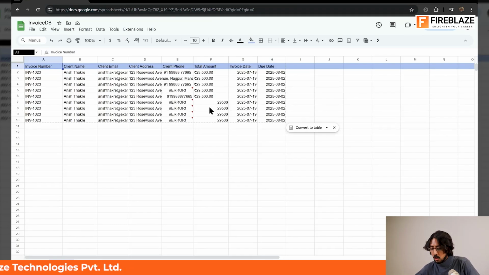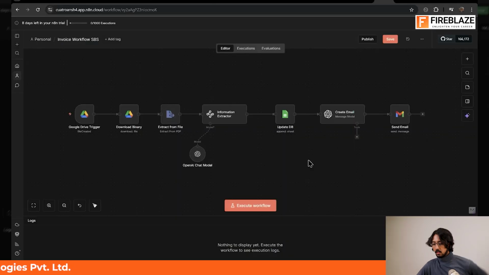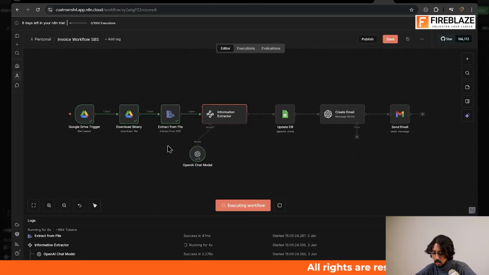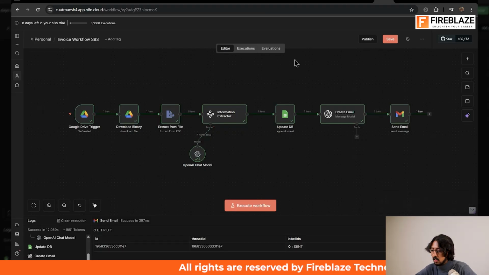Okay, so we go back to our canvas and run the workflow. So everything is triggered. This is running, the model is generating the details, and the email is being created. So here we have another email in our